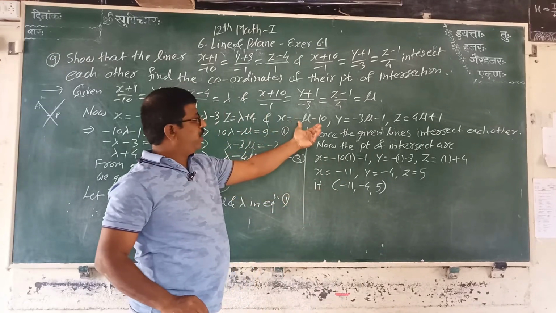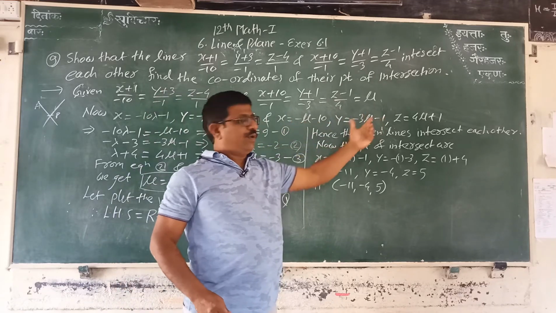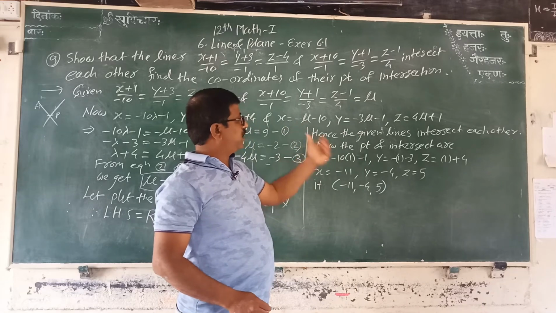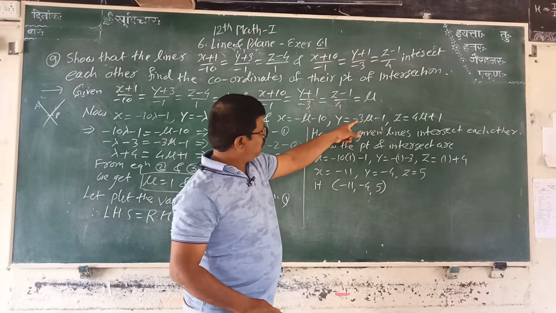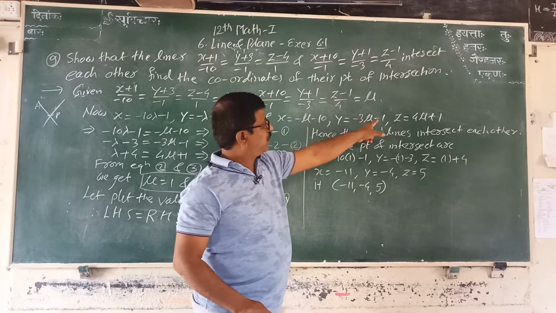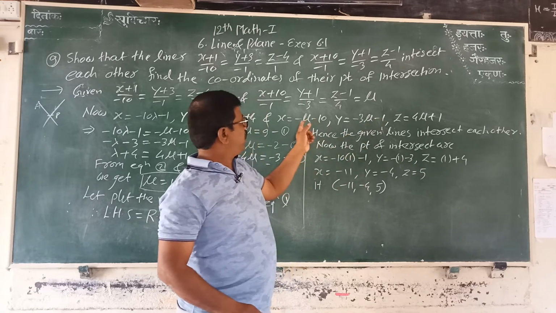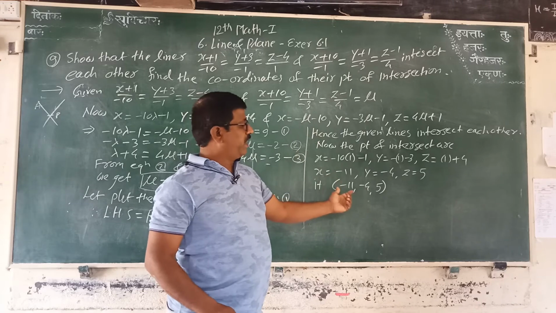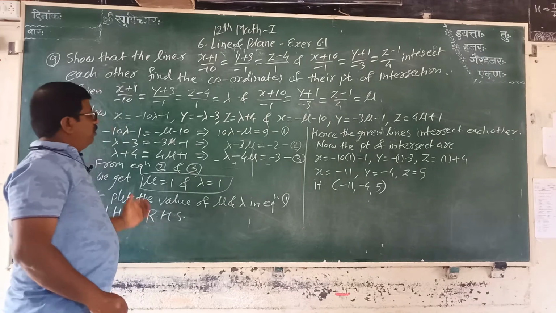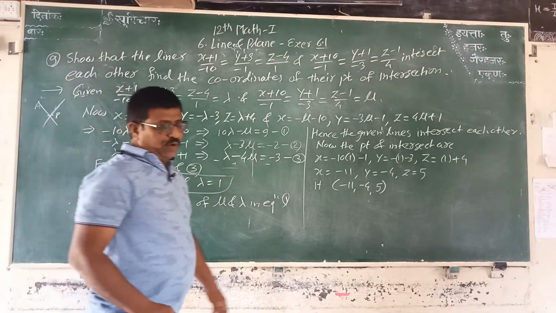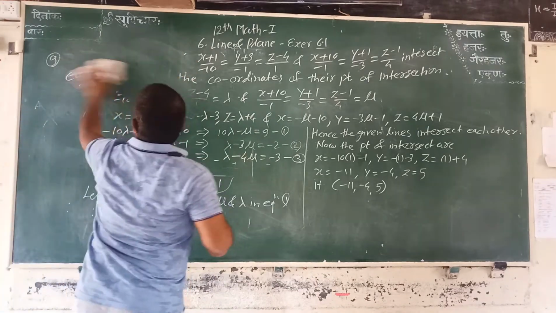Otherwise, we take the value of mu on the other side. Therefore, we get the points. Here you take 4 plus 1, 5. Then minus 3 into 1, then minus 3 minus 4. Therefore, minus 4. Minus 3 minus 1 is 4, and here minus 1 minus 10, that is minus 11. Therefore, this is the intersecting point we get from these equations. Therefore, we complete question number 9. After that, we take question number 10.